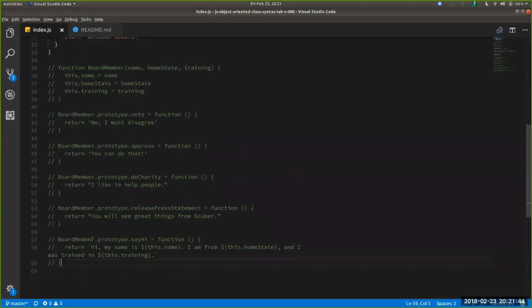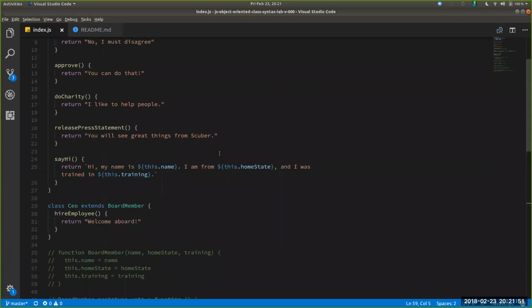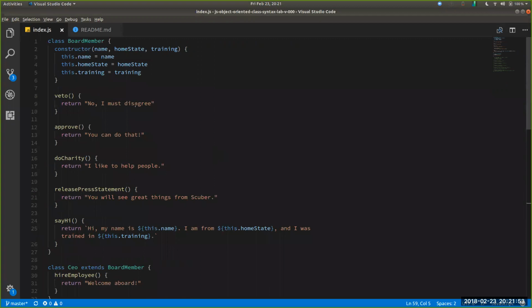And people are really thinking about these class constructors more like classes in other languages and just the way that they're designed. Whereas